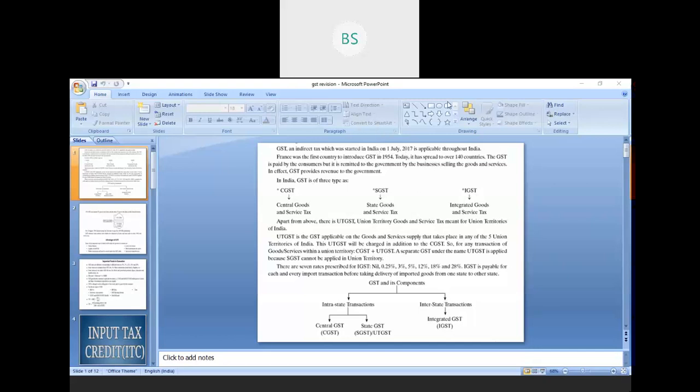Okay, so in the previous class, we studied GST, and some of you have said that you have a doubt in input tax credit. Correct? You have a doubt on input credit? Yes, ma'am. Okay. Before this, in the month of March, we completed two lessons, linear equation in two variables and quadratic equation, correct? So in your exams, there are three topics this time: linear equation, quadratic equation, and GST.